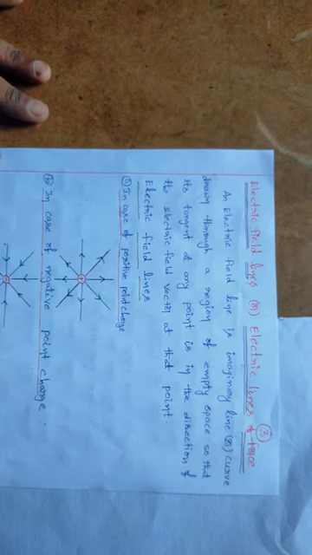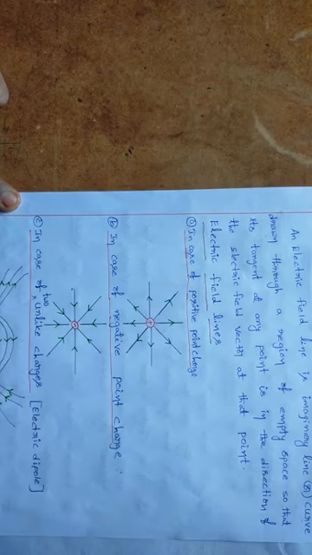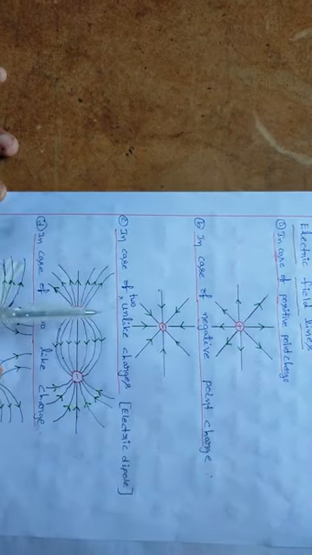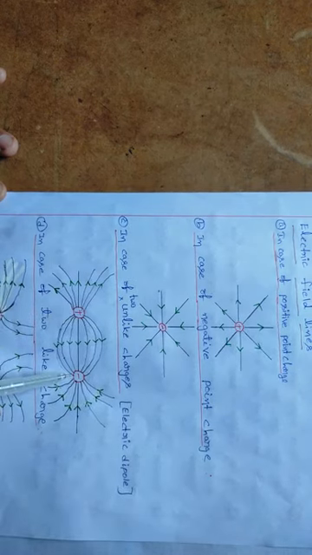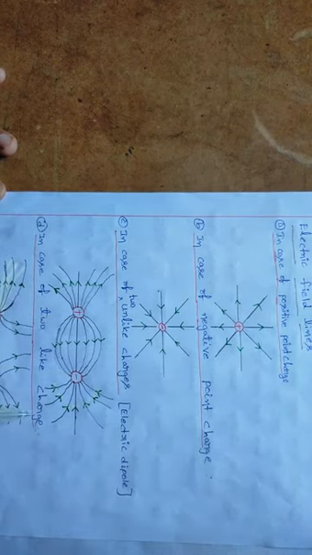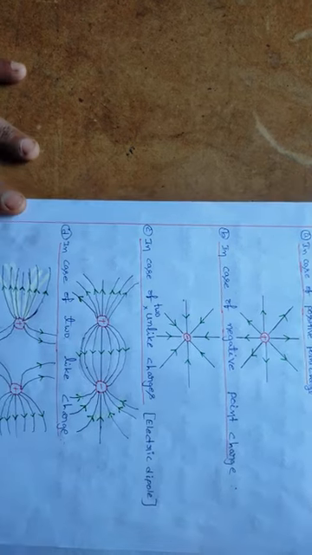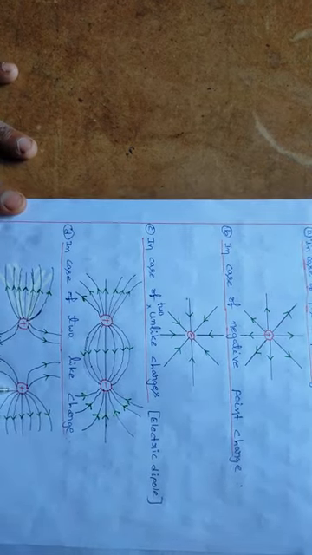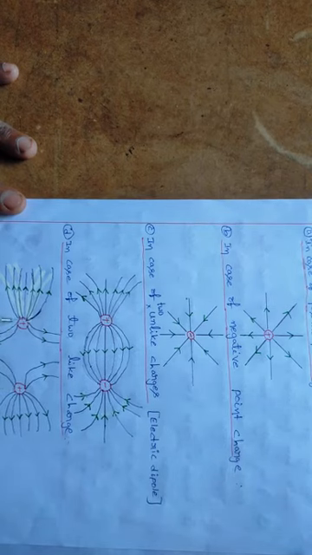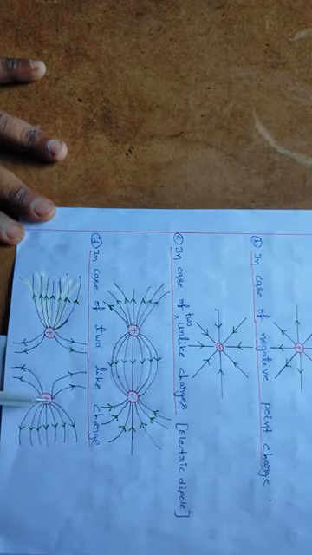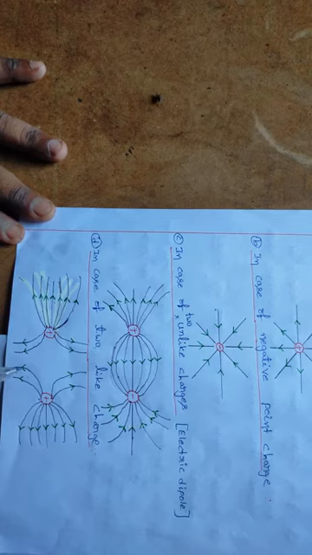The name of the topic, just listen to me here, we are going to study in our next video class. In case of two unlike charges, means two having different signs, one is positive, the other one is negative. In case of two like charges, you can take one is positive, the other one is positive. Both positive means like, both negative means like. Here I am taking only the positive charges.